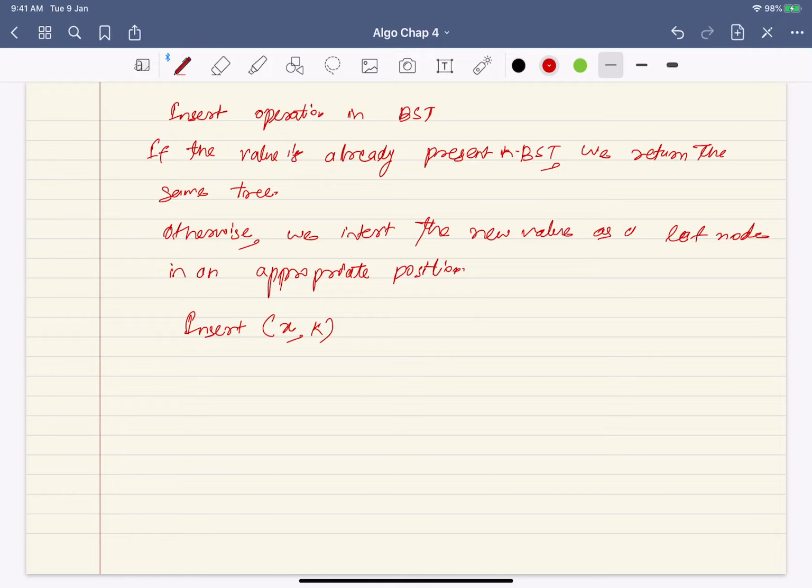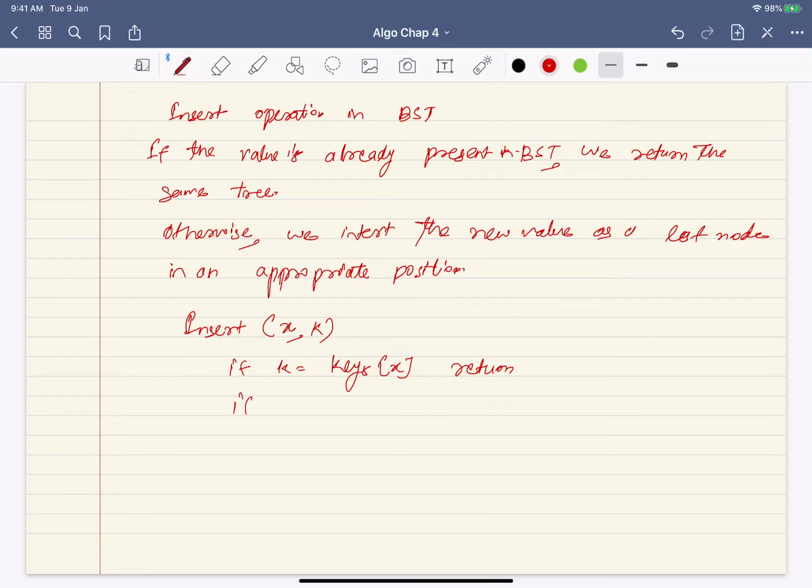The base case would be that if you find this, you just return. So if k is equal to keys of x, you return the same tree. Otherwise, k will be either smaller than keys of x or larger than keys of x.